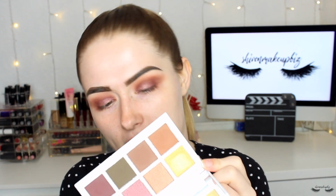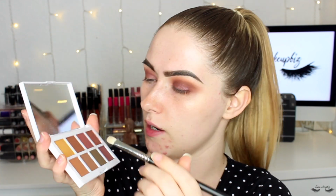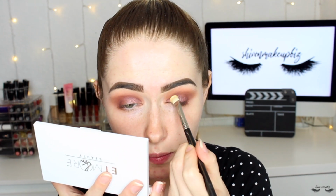The next shade I'll be taking is this amazing gold shade, which is from the Look At Me Now eyeshadow palette, and I'm going to take that and apply it to the inner half of my eyelid using a flat shader brush. This is the MAC 239, I believe. I've spritzed it already with a little bit of fixing spray just to dampen the brush slightly. Then I'm just going to take the eyeshadow, just work it into the brush, tap off the excess a little bit, and then just start by